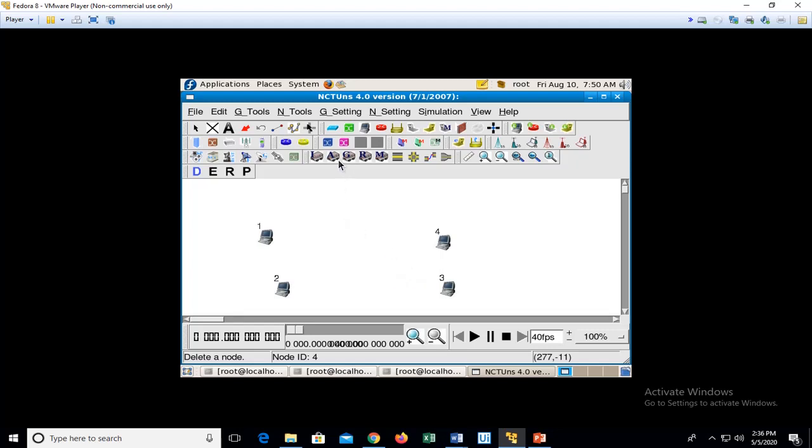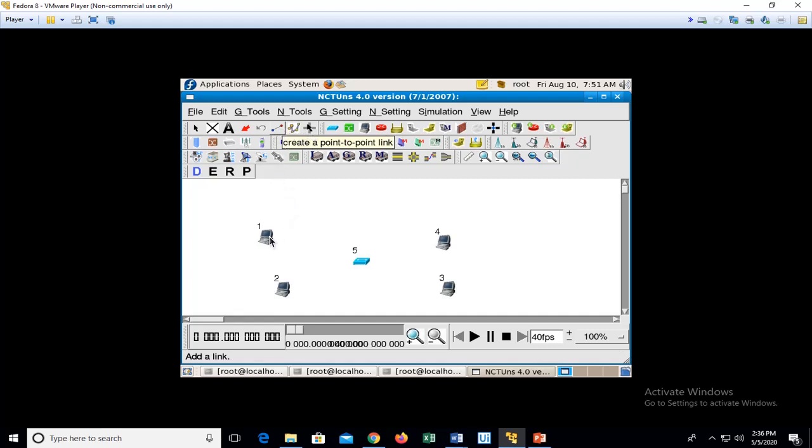In order to do that, again we'll place a hub in between. Now I have to establish a point-to-point link between them, which is done by selecting create a point-to-point link.